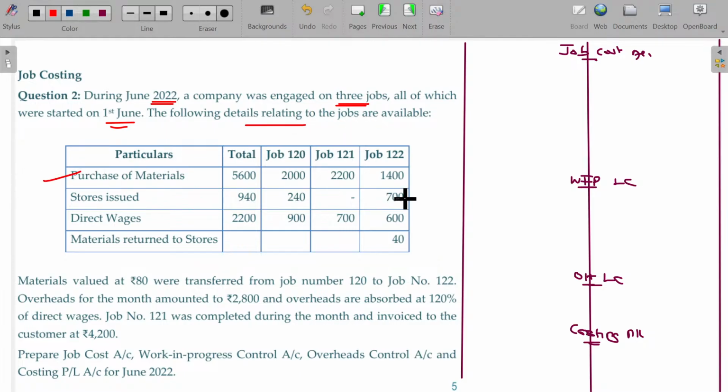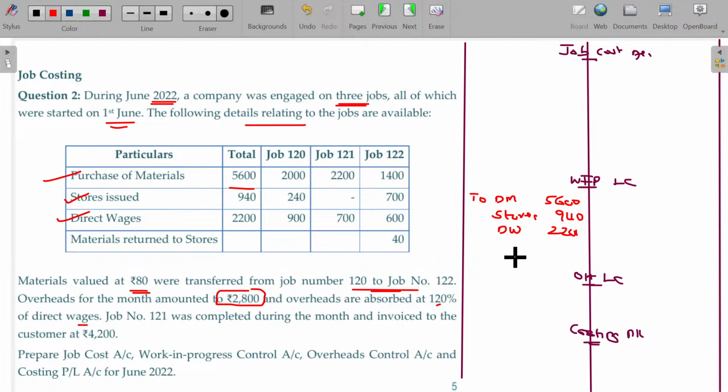Purchase of material 5,600, so to direct material 5,600. Stores issued, stores indirect expenses being 940. Direct wages 2,200. Materials valued 80 were transferred from job 120 to job 122. Overheads for the month amounted to rupees 2,800 and overheads absorbed at the rate of 120%